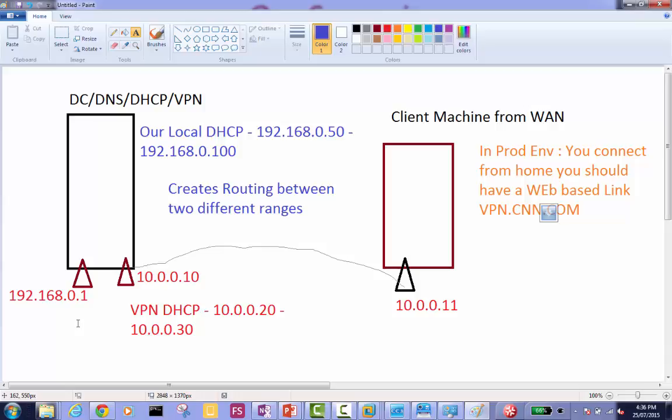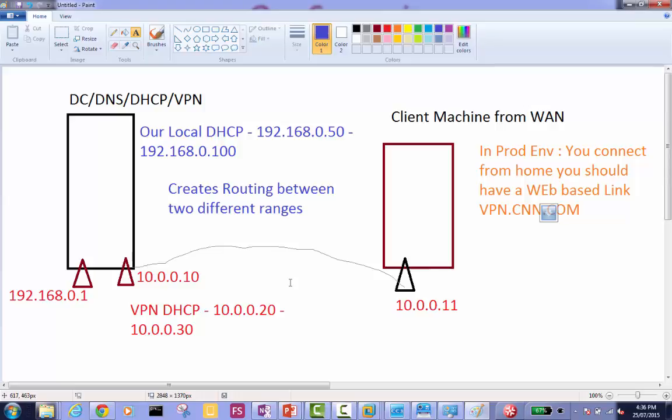If we are successfully connected through VPN, this client, even in a second range, will be able to do exactly everything that a client of 192.168.0.10 or 11 can do. Once we disconnect the VPN connection, we will do the same thing. Ping 192.168.0.1, we won't be able to do that. Or try to access the shared folder of 192.168.0.1, we won't be able to do that. Then we again connect through VPN, and we will be able to do that again. So this will be our success of VPN connection.